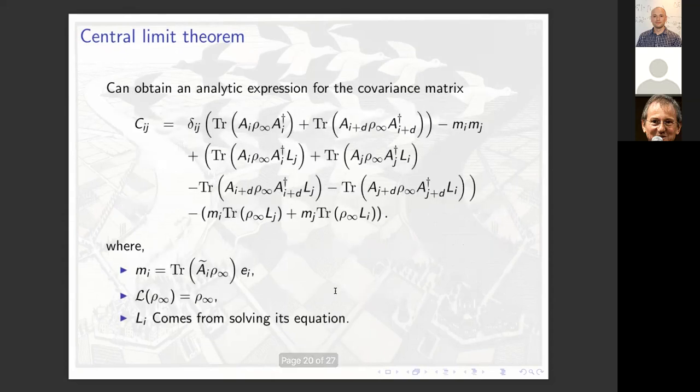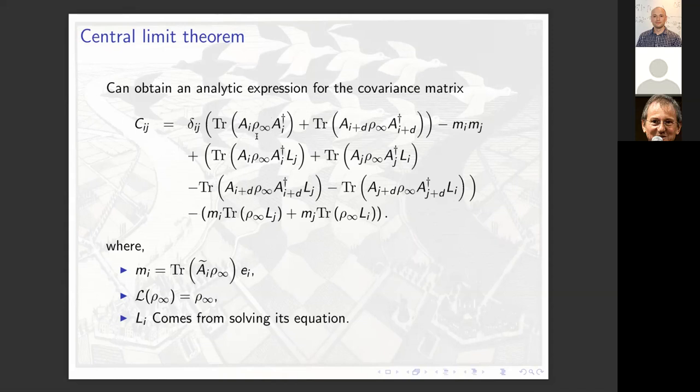So again, with some algebra, you can show that the right-hand side of condition 2 equals this arguably nice-looking expression, right? So this expression for the covariance matrix, again, it depends on this quantity mi. So mi is given by this expression here. It's sort of like that m quantity that we defined originally, but now we just identify a particular axis, so sort of the mean value on a particular axis.